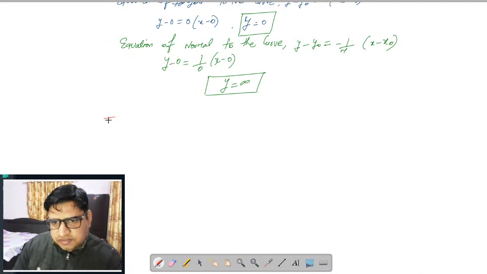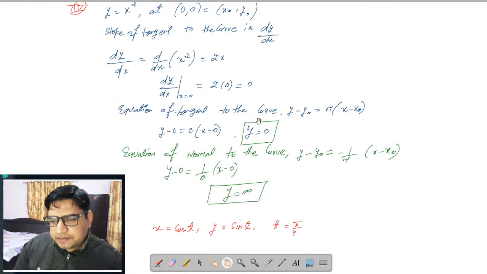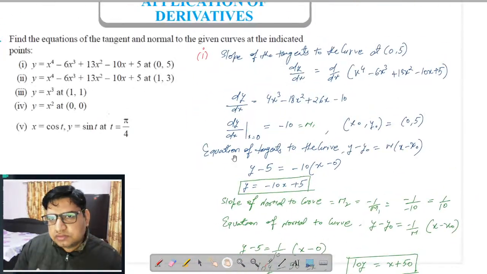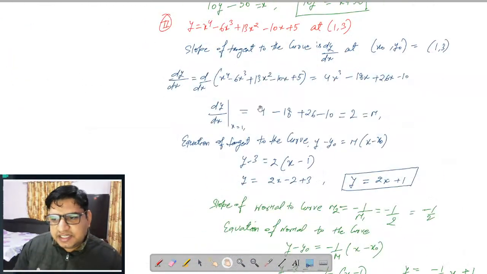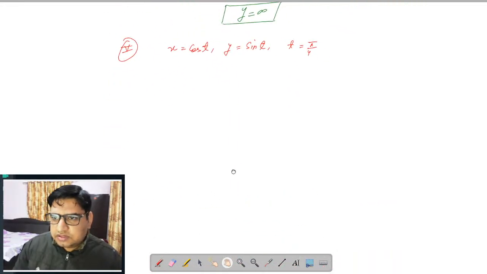This is the 5th part here. x is equal to cos t, y is equal to sin t, at t is equal to pi by 4. Okay, this is the question. x is equal to cos t, y is equal to sin t, at t is equal to pi by 4. Okay, so here we have,